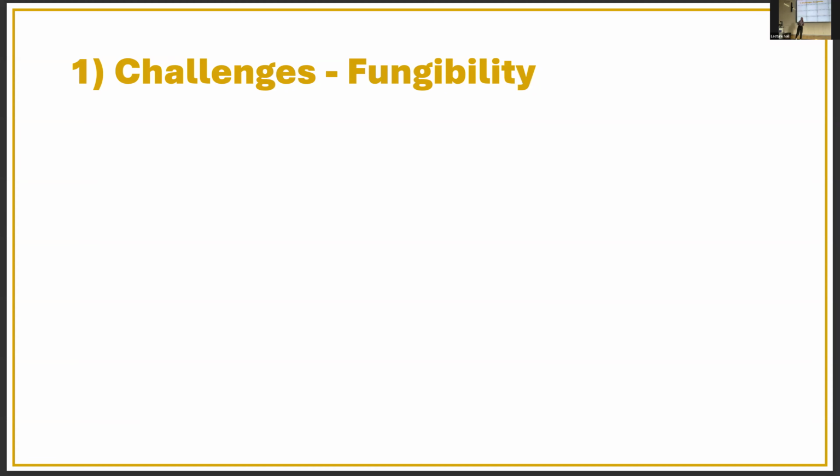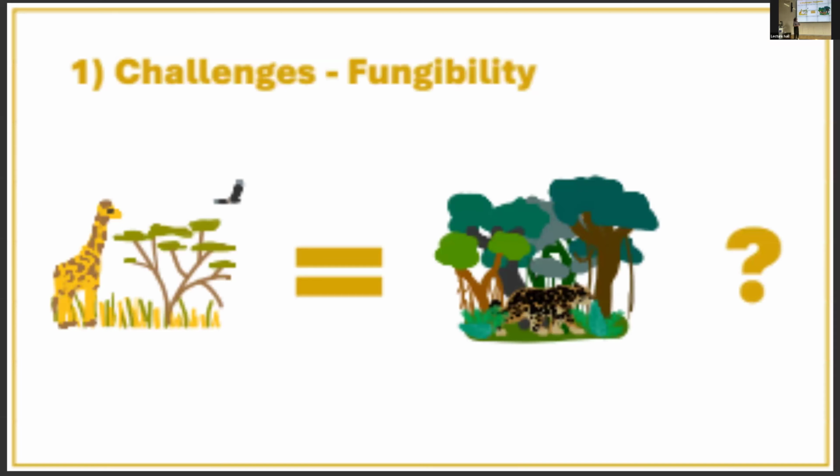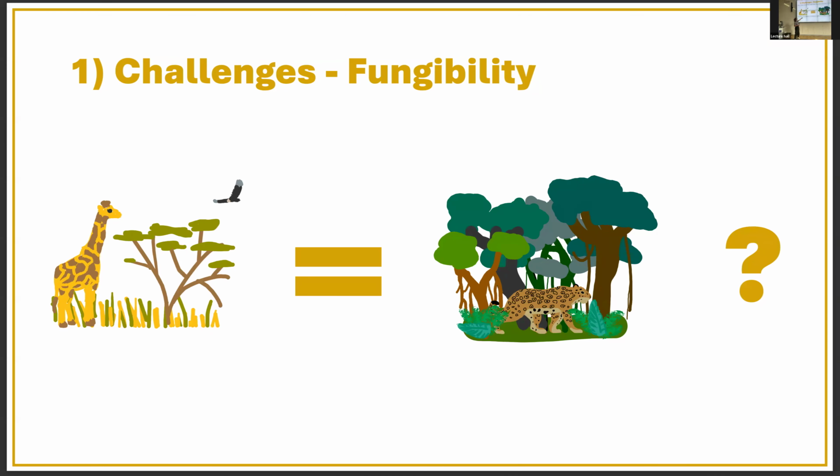And that is, can they be used as offsets? Are credits just a chance for companies to buy credits to show that they're making a positive impact on biodiversity, or are they buying them to offset damage elsewhere? Because if you're buying a credit to offset damage elsewhere, that means that you're starting to say that damage to one ecosystem, maybe a savanna, is equal to conservation or restoration of a completely different ecosystem. And what we know about biodiversity is just that that's fundamentally not the case. This isn't like carbon, where 1 ton equals another ton. That's a really, really different question.